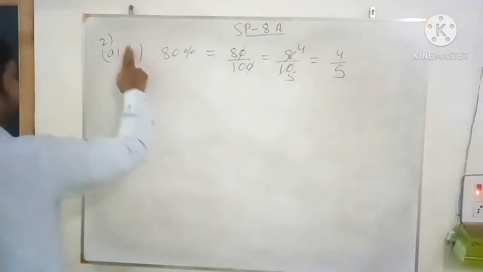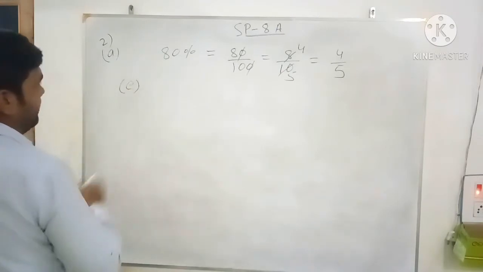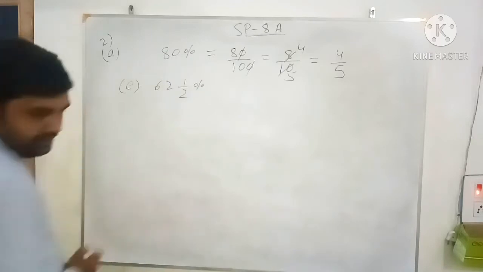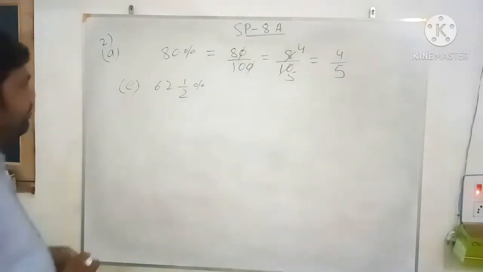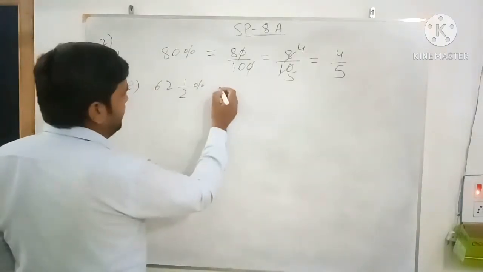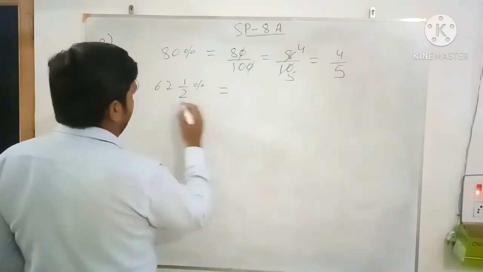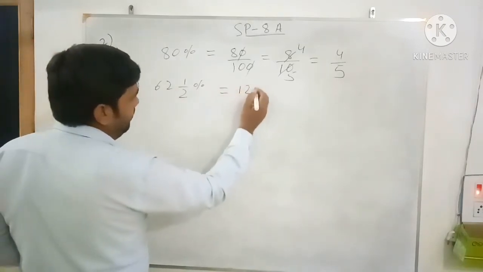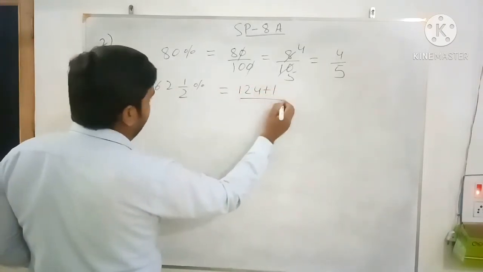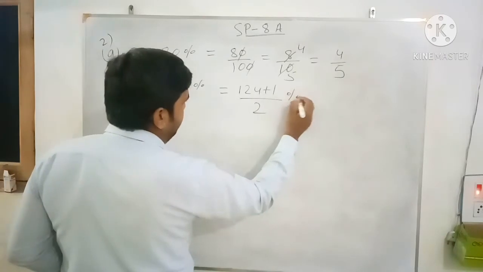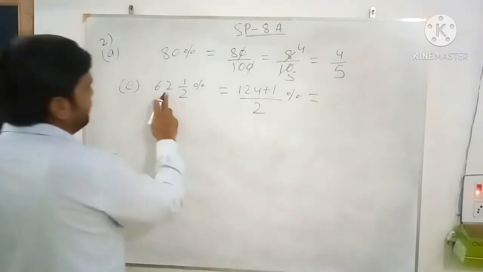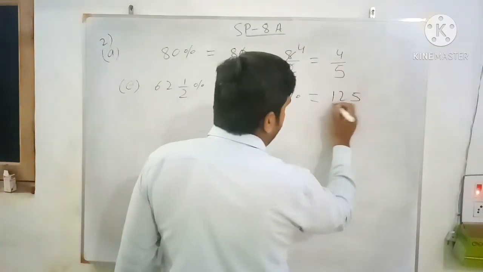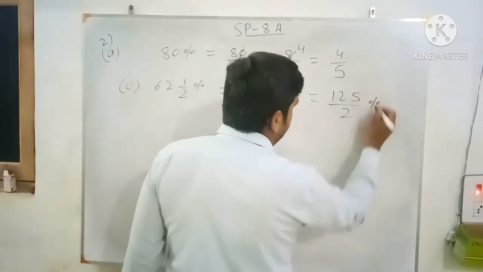Second A we have done. Now we do the E. 62 1 by 2%. Now first we convert into the improper fraction. 2 62s are, that is 124, plus 1 by 2%. Now 124, 2 into 62, that is 124 plus 1, 125 by 2%. Now again